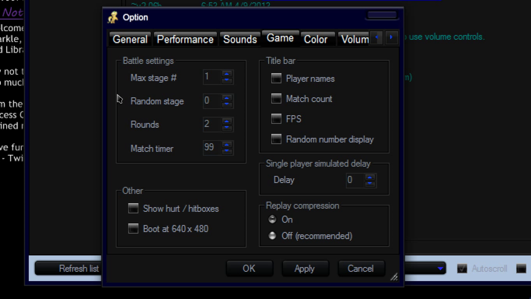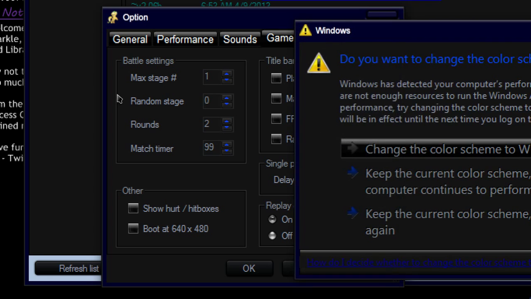Game. This one's a bit more important, and you're going to need to know how to come back and change this if you are interested in tournaments or just wanting to change stuff in general. This one's got a lot of options in it, and you can actually change most of this in game, but some of the more detailed things you should keep working on out here.